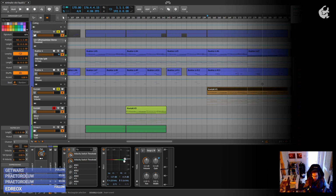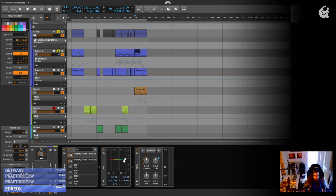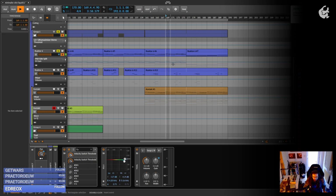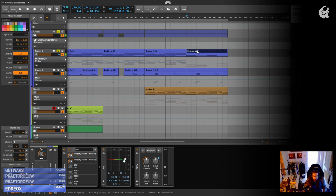What I also did on this section, and this is sort of the small mixing tricks you can do, even though it's very basic, obviously. But what I did there is this synth, when it's playing, is an octave up compared to the original melody. So it sounds high, fundamental is above 200 Hertz. And when I go back to the first melody, which is way below, with the fundamental at around 80, something like that. So it's way warmer and